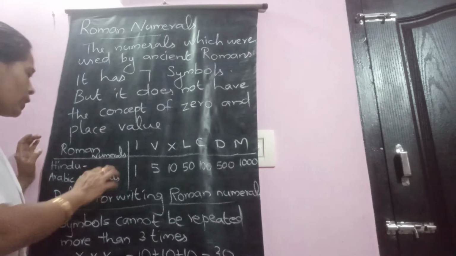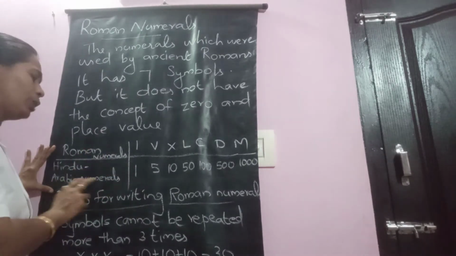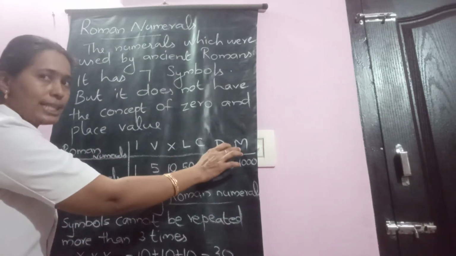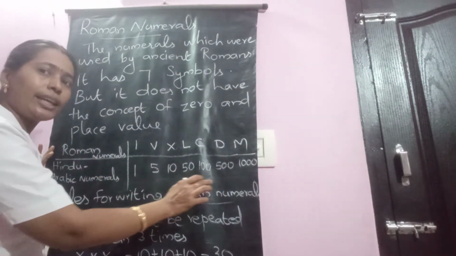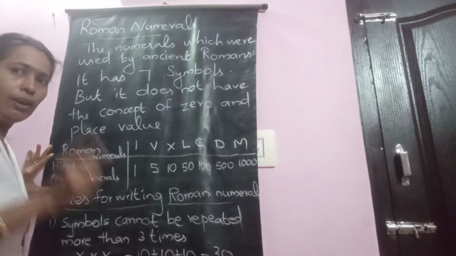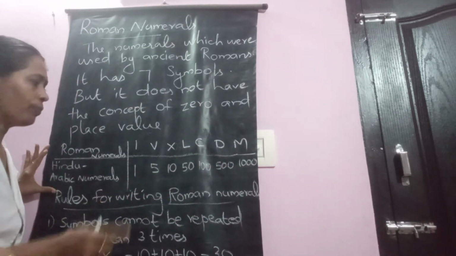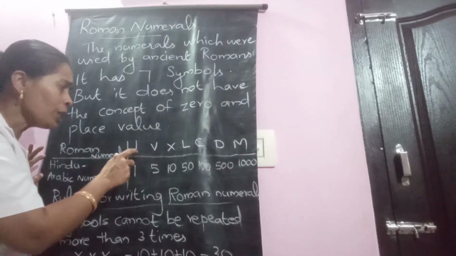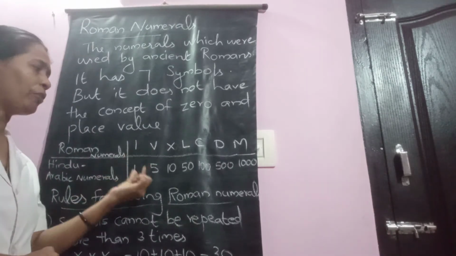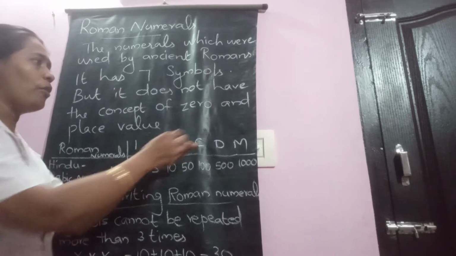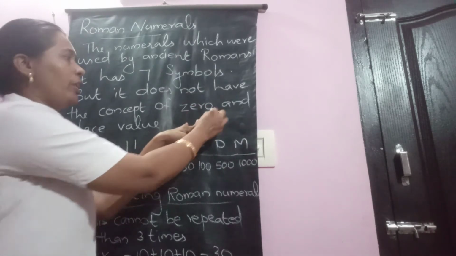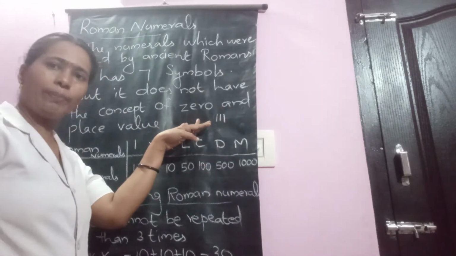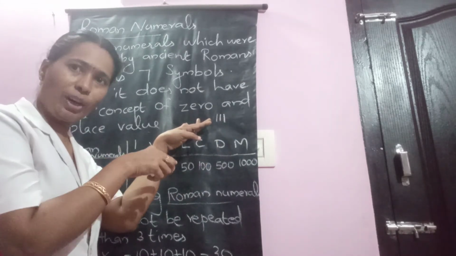Anyway, let us move to Roman numerals and Hindu-Arabic numerals. There is a table given. In the first row, Roman numerals are written. In the second row, the teacher has written the corresponding Hindu-Arabic numeral. I means 1 itself. The next letter is V. V means 5. So using I up to V we can make the digits. Which way? One line represents 1. When you write 2 lines, it is 2. When you write 3, 3. Then 4, one more line.